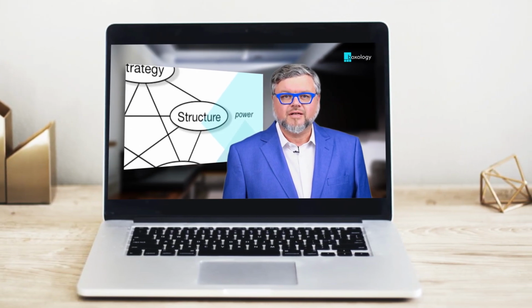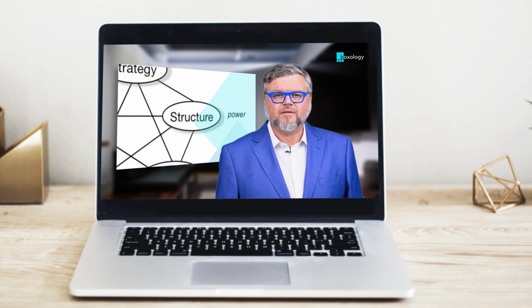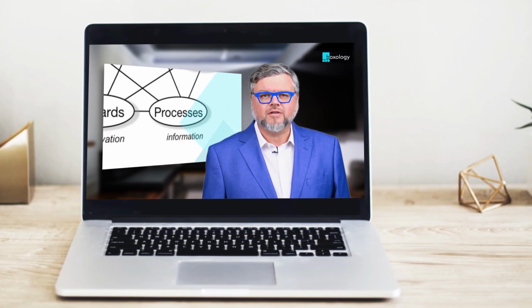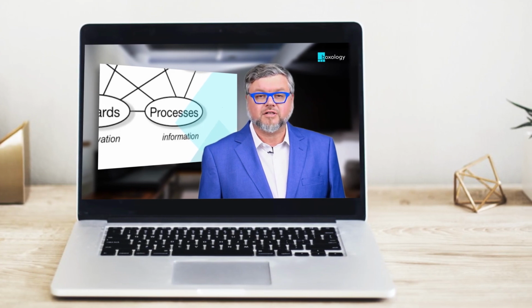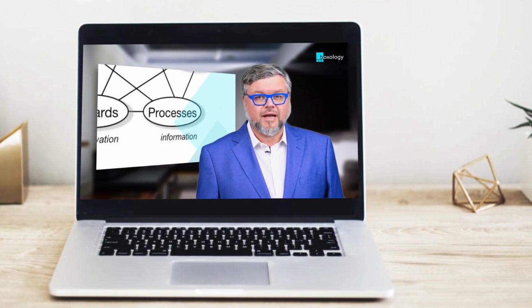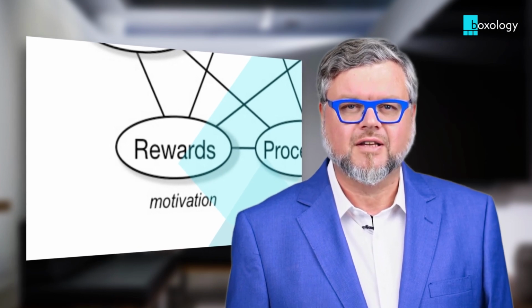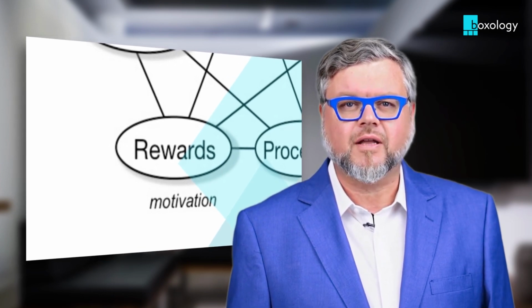Second is process. Ask how will work flow between work groups? How will decisions be made? Third, align metrics and rewards. Metrics and rewards communicate what success looks like. You need to determine how will we measure progress at an individual, team and business level. What incentives will guide behavior and reinforce the culture we want?